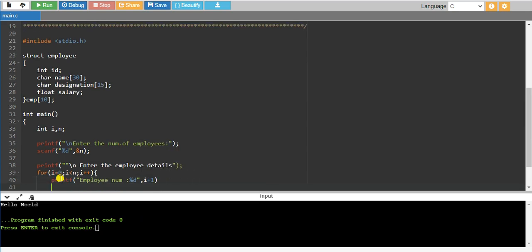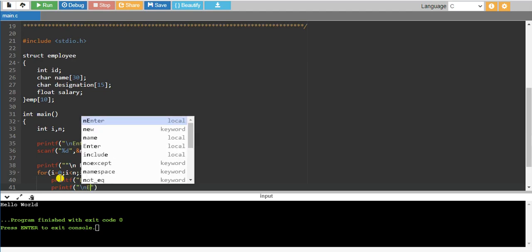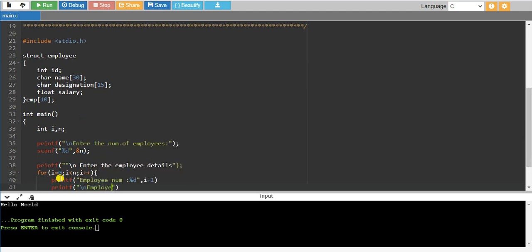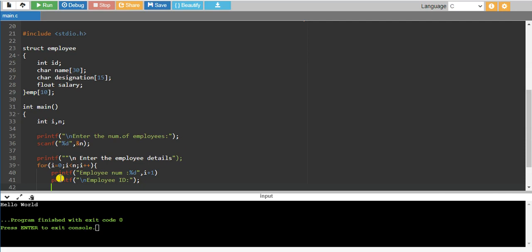Next, a printf statement for the employee id: \n employee id. So how to read the employee id? I have to make use of this emp variable.